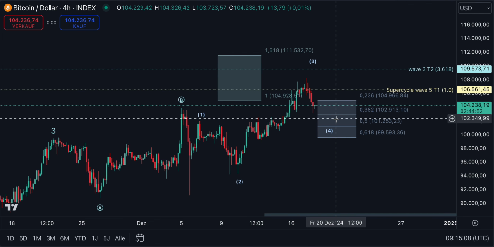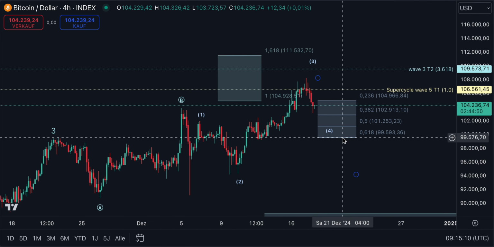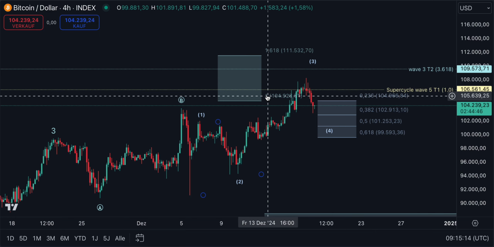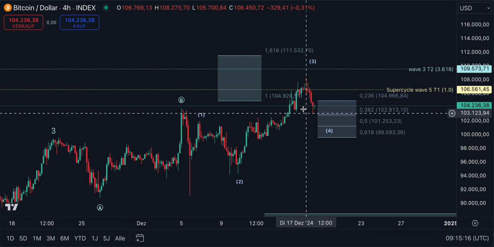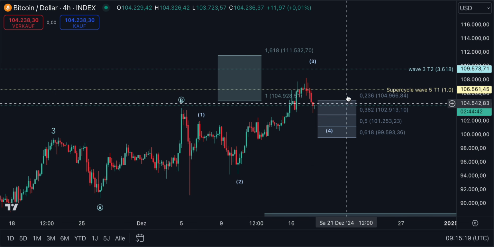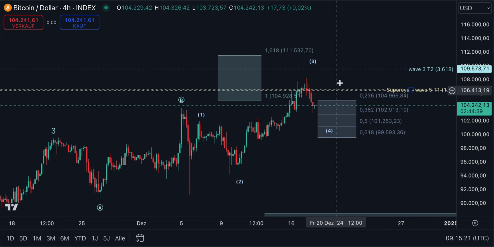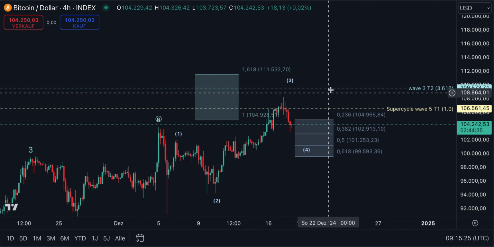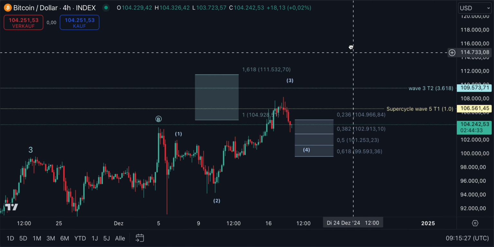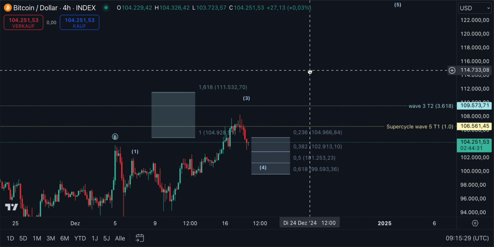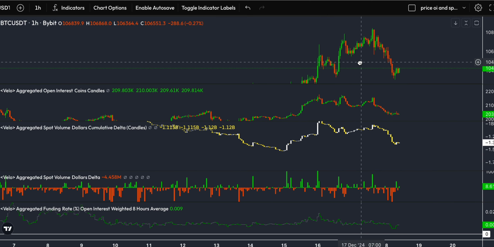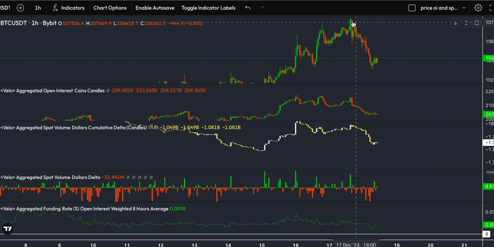But for now, it's important to keep in mind that this has to hold. 99.5k has to hold. Otherwise, we are in a different scenario, which will be more bearish in our opinion. If this support holds, we are still in a more bullish setup, which could catapult us to even newer highs. After that, we're going to have to, well, I will say this in a second, but first let's go over this right here. This current price dip.